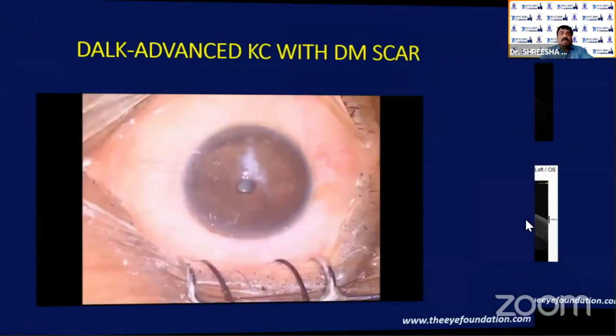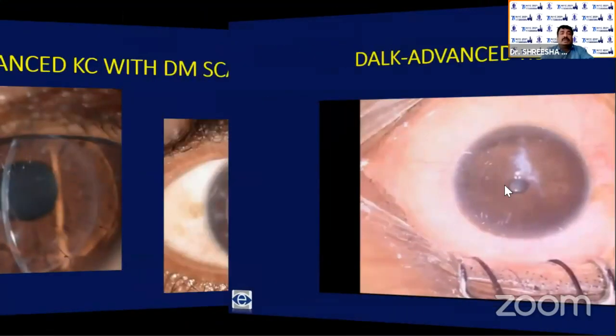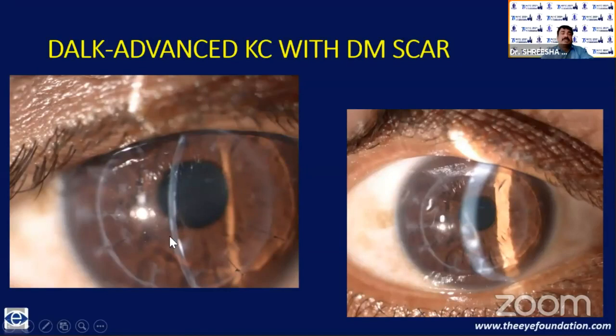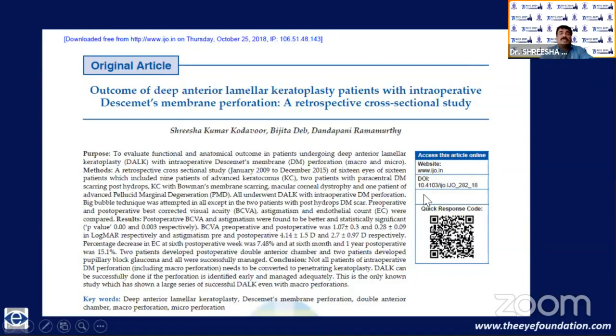And again, one more case of Descemet's membrane scar, for which we have done a DALK in this patient. You can see the scar here, which is paracentral. You can attempt DALK in patients with healed hydrops if the scar is paracentral. So you can see a nice scar here. Actually, in the visual area the patient can have excellent vision. We have done a study, published last year in IJO, where we included 9 cases of healed hydrops. The results were excellent.